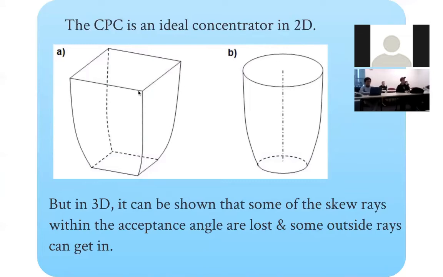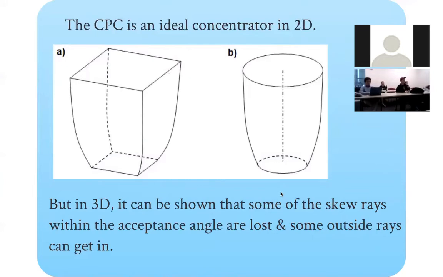Or you can use it this way, where you have a pair of X parabolas and a pair of Y parabolas, and you essentially have an intersection between them. So you have a parabola on this side and this side, and you intersect them. But in all cases, it can be shown that the CPC is a very good concentrator in 3D, but